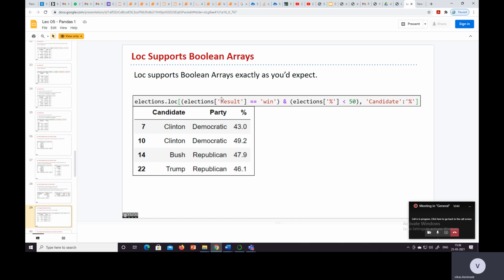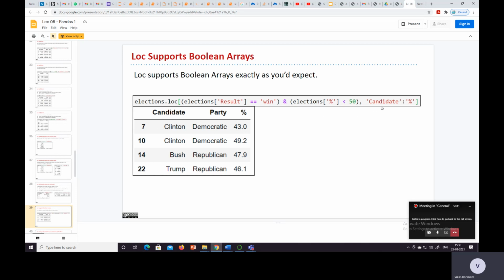So here we are looking for the rows where the result is win and percent is less than 50, values like 43.0, 49.2, 47.9, and these are the win results.